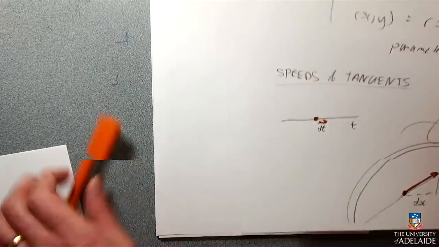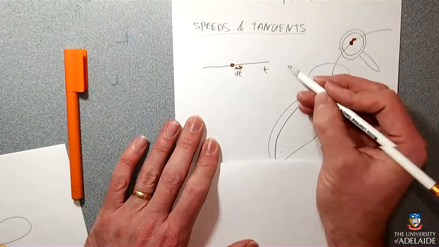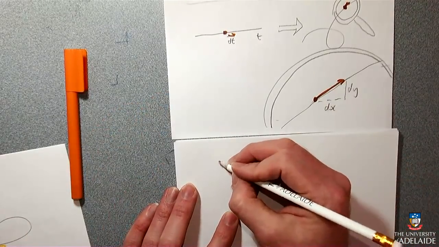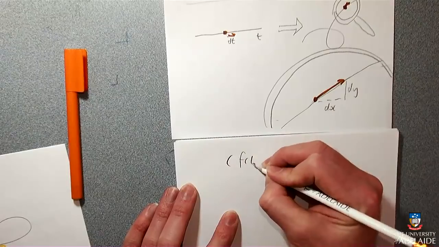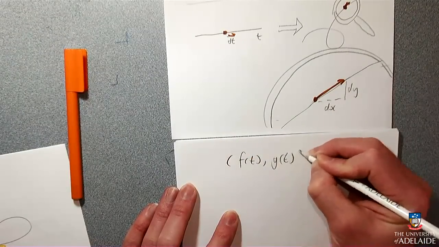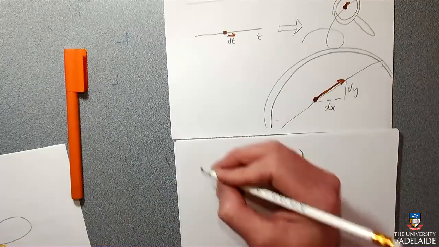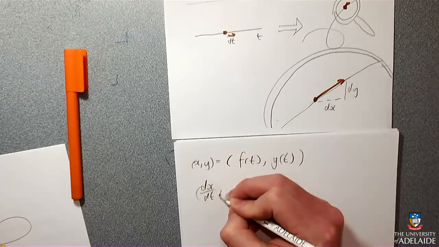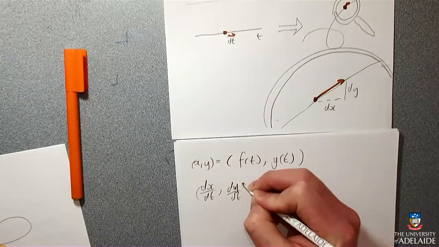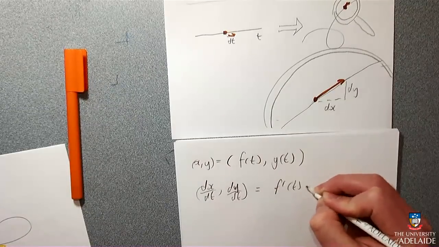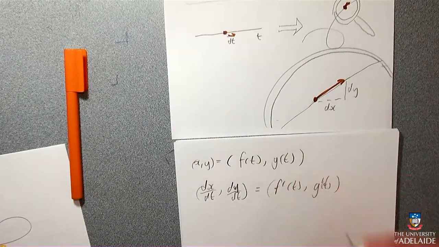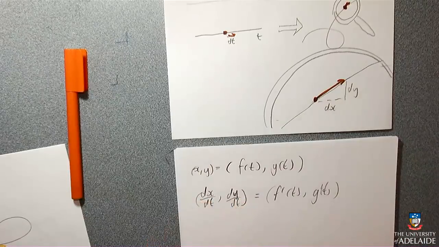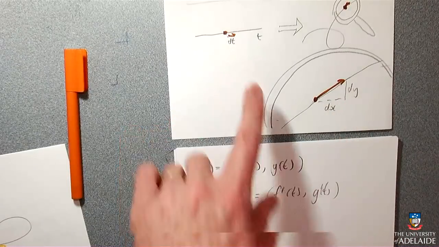So when I think about speeds and tangents, I think that I can actually have the point which has a function of t here in the x and a different function of t here in the y. I can actually think about that and just differentiate them both. I differentiate them both, and this vector is that there. Just a little vector there, because I really want to do it relative to the dt, because the dt is really small.